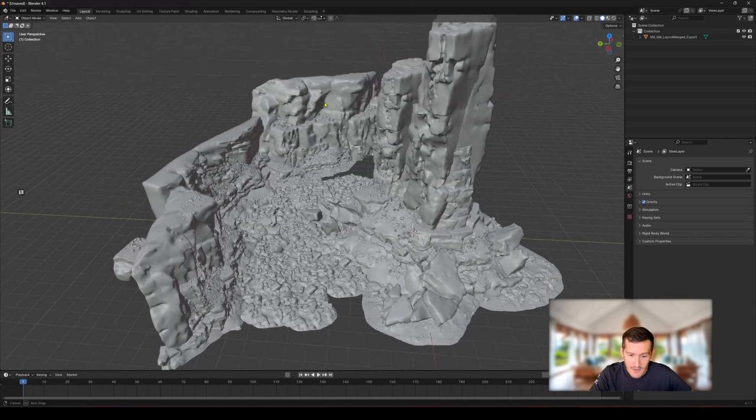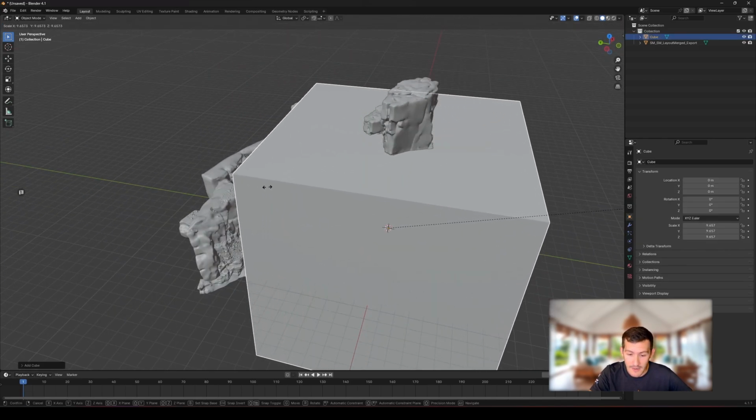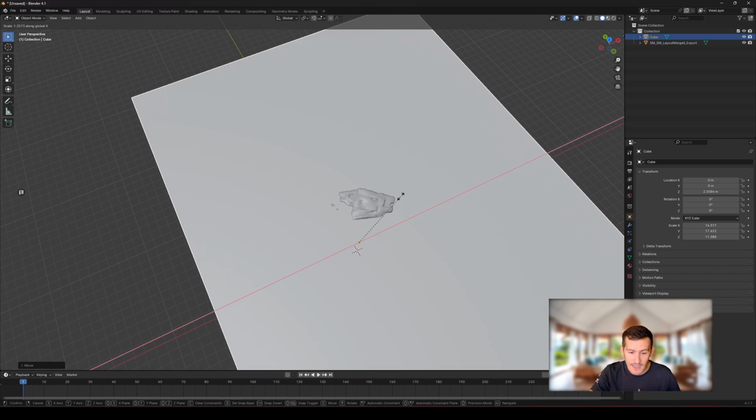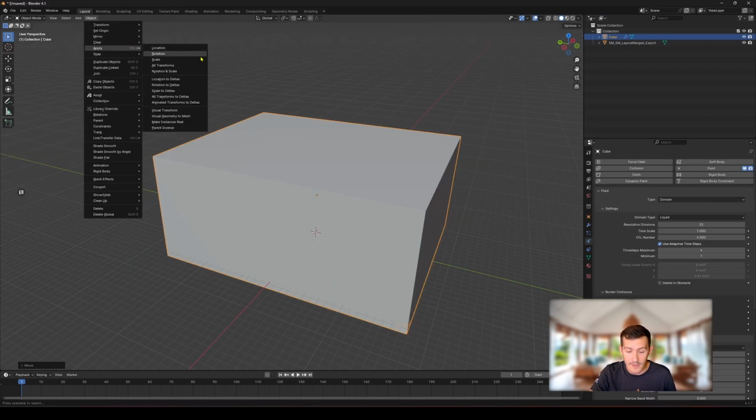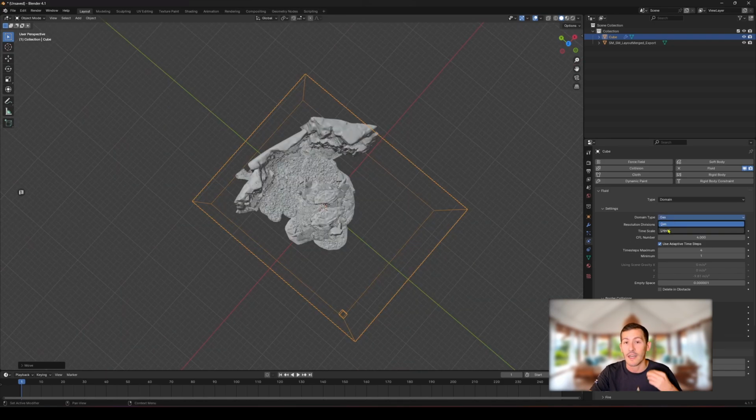The setup process here is quite standard. I first create a simple cube, which will serve as the domain for our simulation. After placing and scaling it, remember to always apply transform to ensure a proper base. Otherwise your simulation might not behave correctly. Let's add a fluid physics attribute to our cube, specifying it as a domain of type liquid.